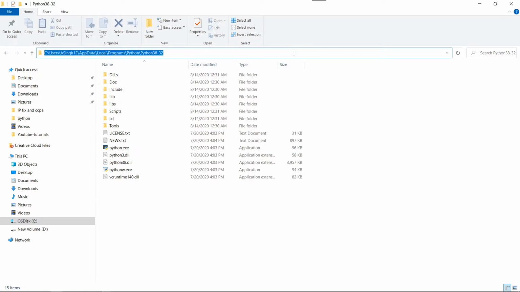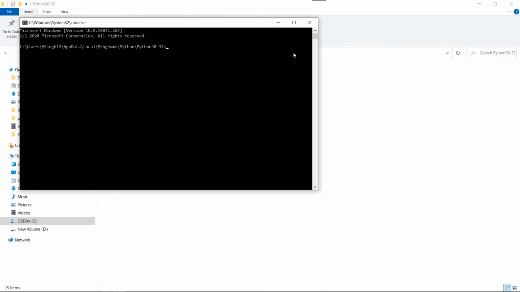So we'll type cmd here. If you want to access cmd from a specific location, just traverse through that location and in the address bar type cmd. So you can see that we are in this Python 3.8.5 folder.